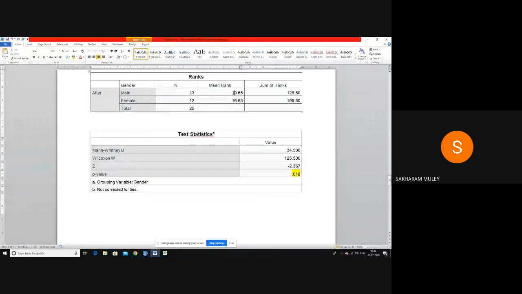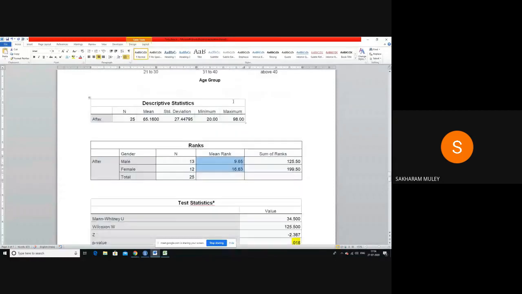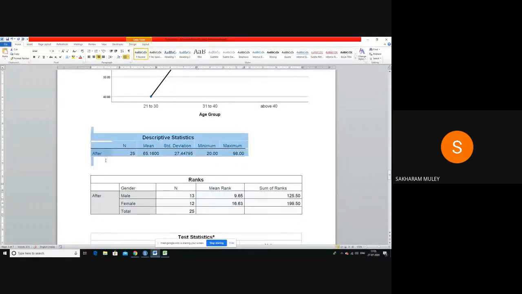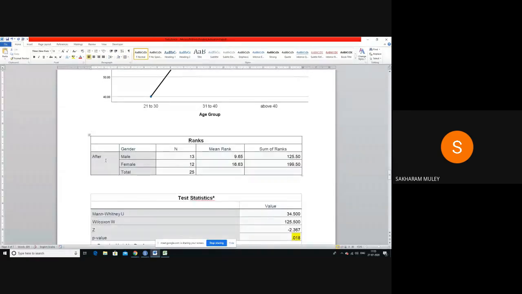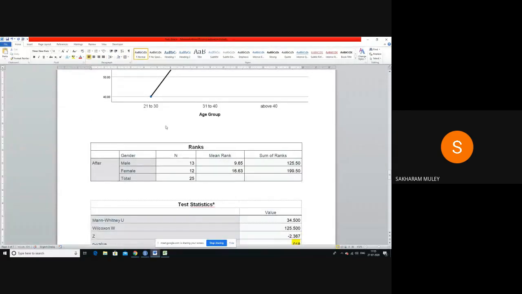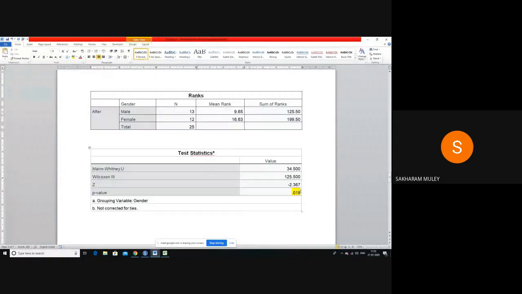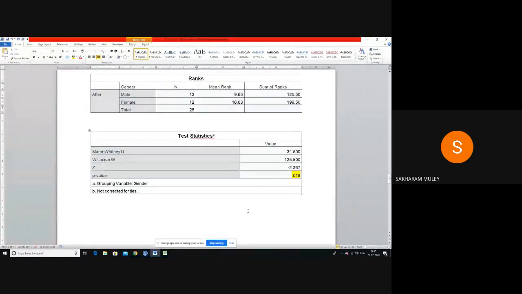Now, after giving your scores of male and female, if you have descriptive statistics for male and female, this descriptive is not useful because it talks about the overall average. Now how can you do the interpretation here? The higher the mean rank, the higher the scores. The higher the sum of ranks indicates higher marks. So female has higher scores than male because the mean rank of female scores is more than the mean rank of male scores, and that is significant. So this is your Mann-Whitney U test.